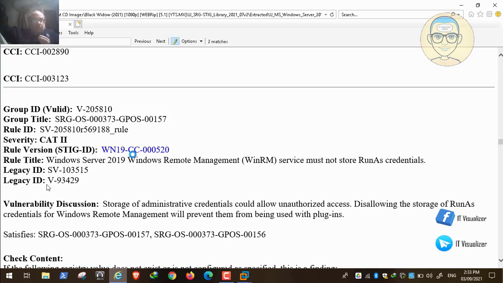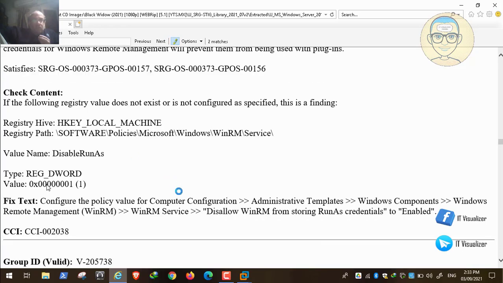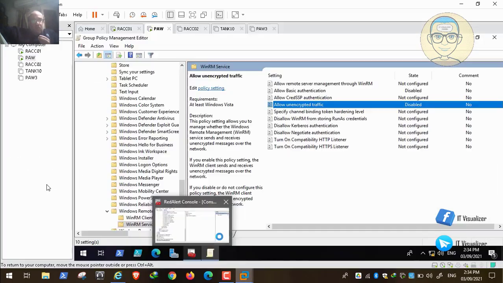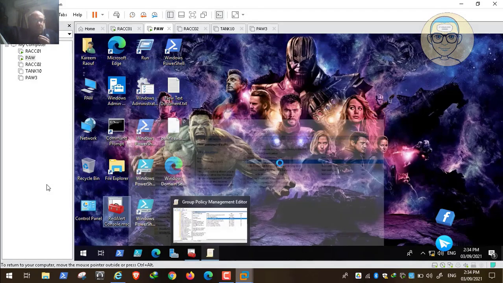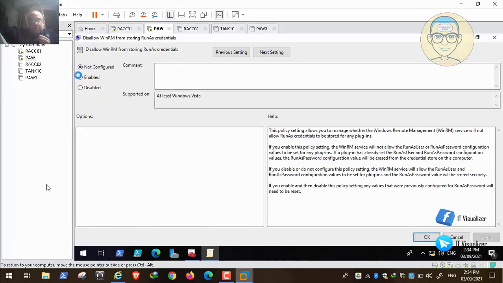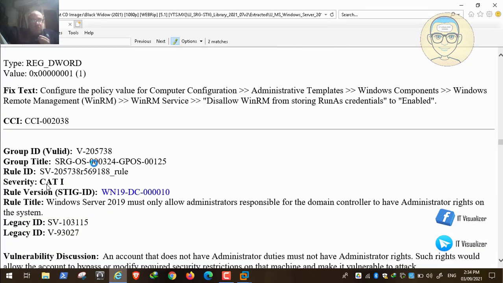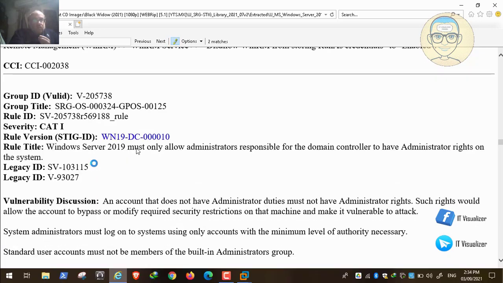So you can store, for example, the WinRM can store your password to be used later with other services or with other things. Okay, so anyway, we need also to disable this kind of option to disallow run as credential. Okay, so let's continue here, and then the next recommendation is to